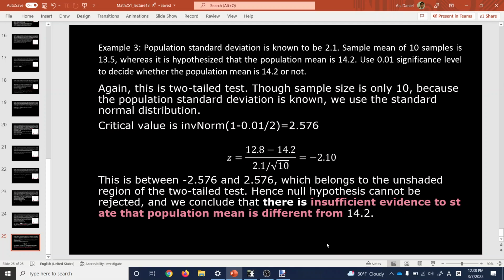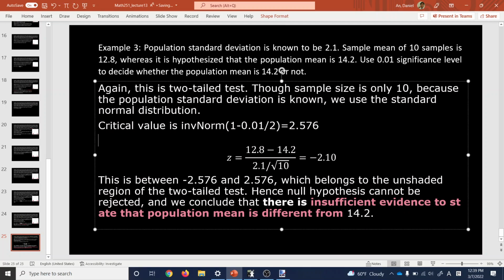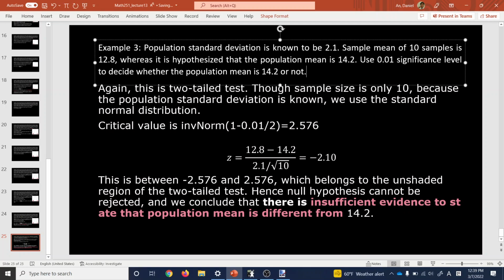Yes. Where'd you get the 12.8 from? 12.8? Oh, 13.5. Sorry. Let me change this one. I think that I made a mistake there. I think this should be it. All right. Okay. So if it's 12.8 is the sample value,